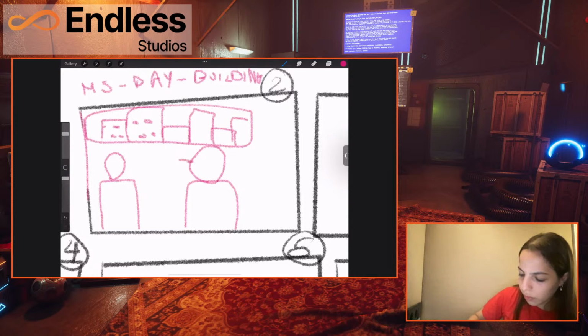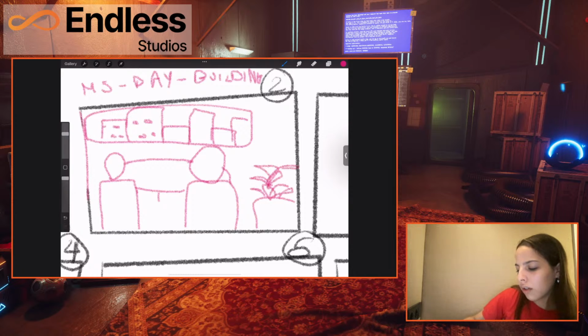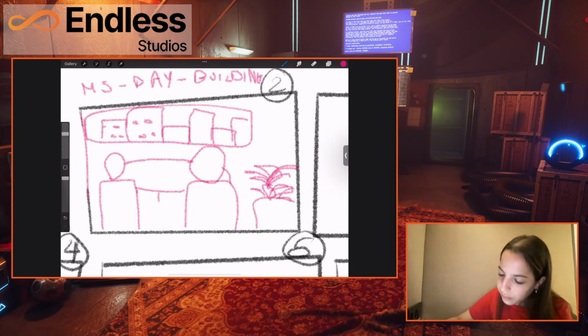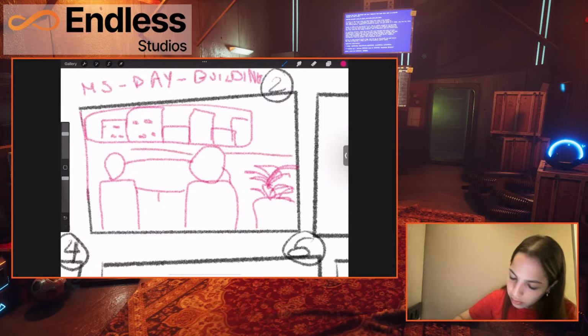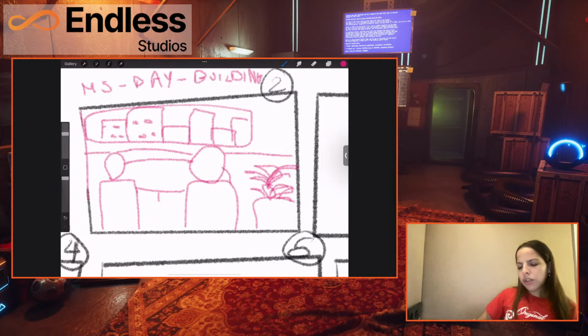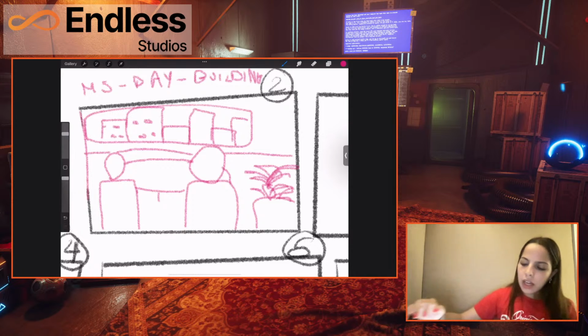There's, let's say, a round table in the back. And let's put a plant pot over here, because why not? You're in an office, so why not have some plants there? Just to set the scene of the location. This is where the wall divides, essentially. And so you have the manager talking to our main character.